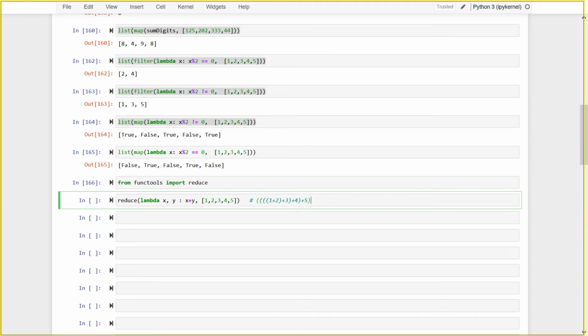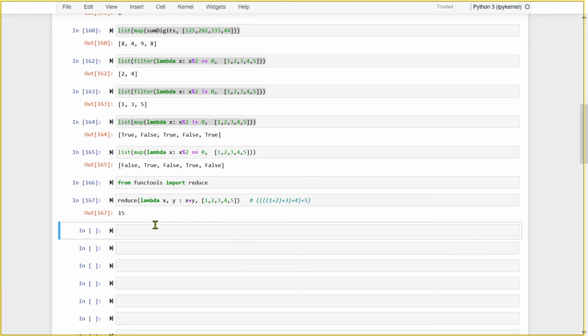Correct? Now let us see what it's doing. It will give you one value, mind you. It is adding everything. It will give you one value, 15. So there is no question of an iterator over here. All these numbers are getting evaluated to just one number. But there is another thing which can be done with reduce.